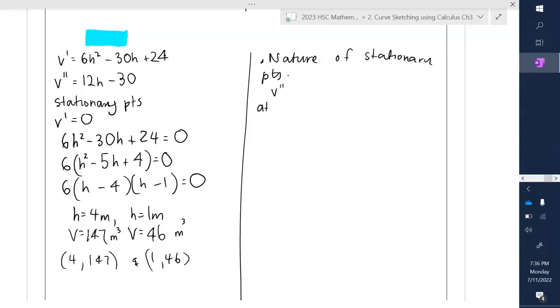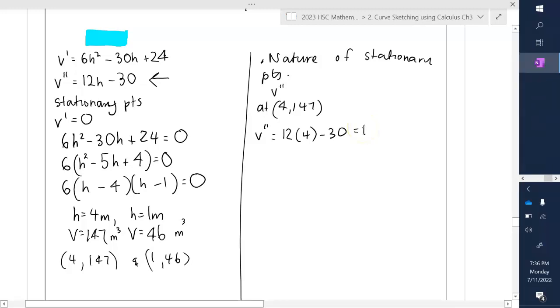So at 4, 147, V double dash, which is up here, is going to be 12 times 4 minus 30, which is equal to 18. That is positive or greater than 0. So it will be taking that shape, and we will have a minimum at the point